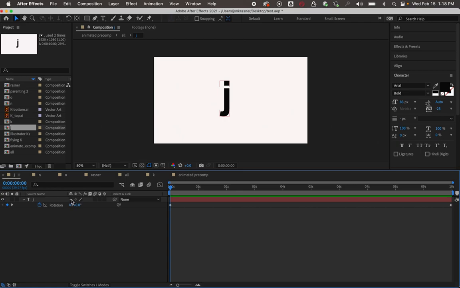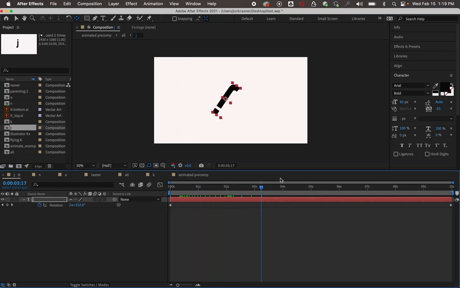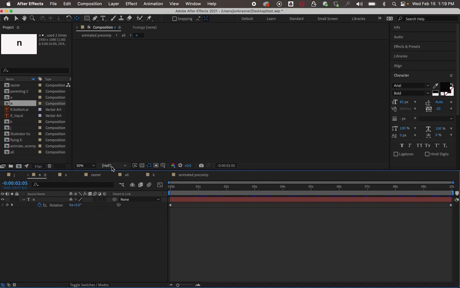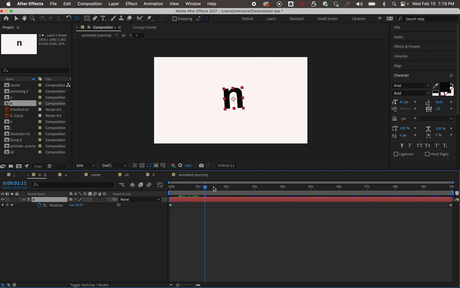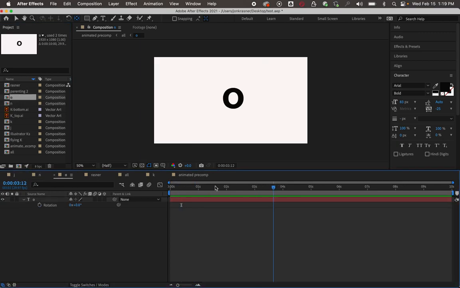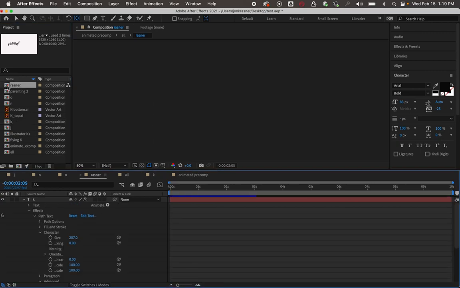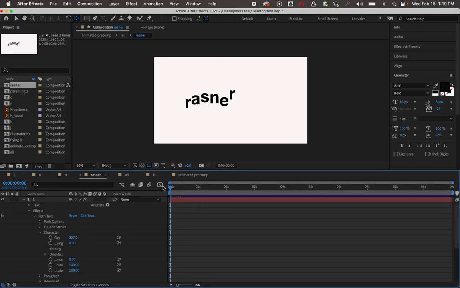I had to select the J and use my pan behind tool, which is right here, and move the anchor point right to the very, very center so that it spins around itself like a wheel. I have another composition called N, and it does the exact same thing. I have another composition called O, which is just the letter O. It doesn't do anything. I have a K, rotated. Then I have this composition called Rasner, which is the text on a path effect that I showed you